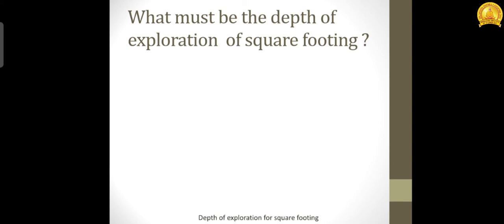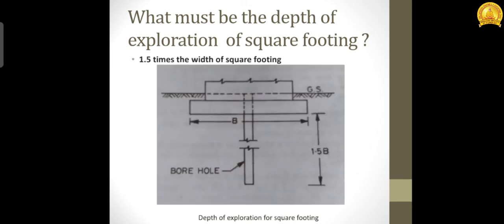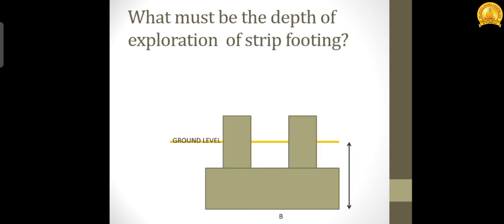For square footing, the depth of exploration should be 1.5 times the width of the square footing. See from the figure, the width of the footing is B, but the depth of exploration is taken as 1.5 times B. In the case of strip footing, the depth of exploration is taken as 3 times the width of the strip footing. Strip footing is used to connect two loaded columns and the foundation will be in the form of a strip joining the two